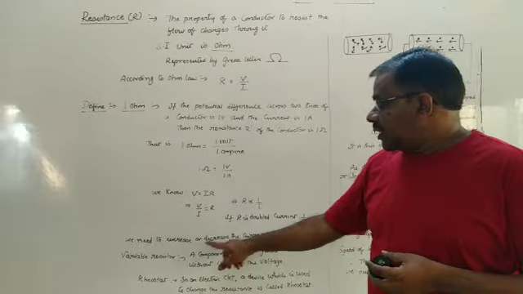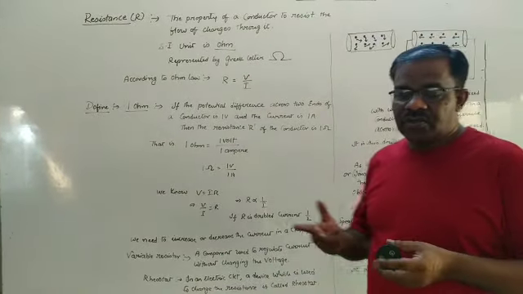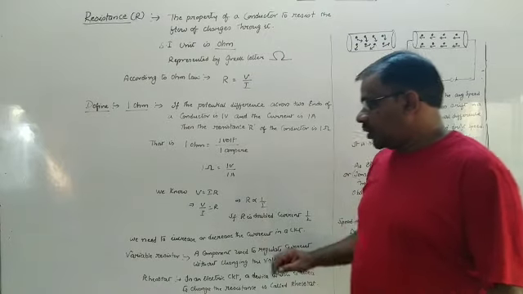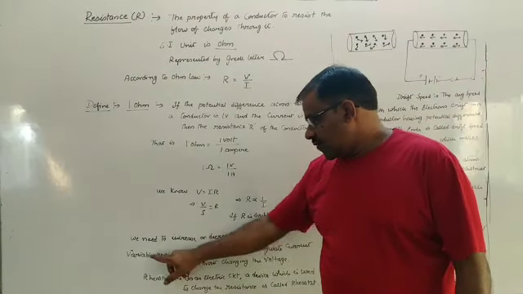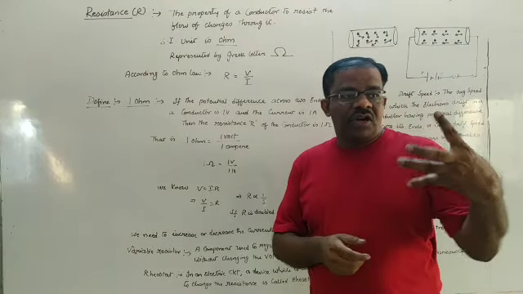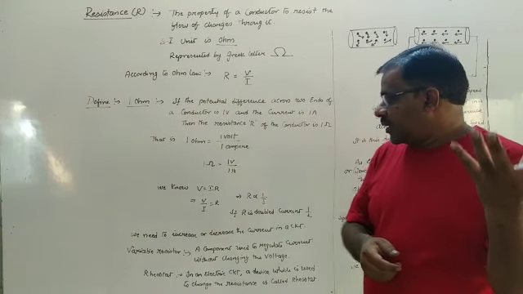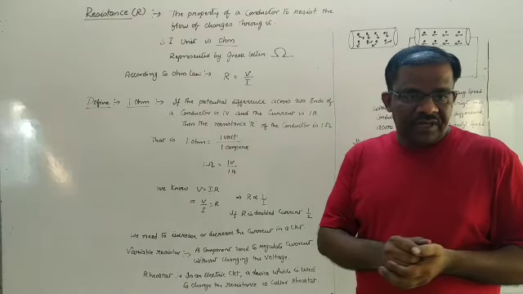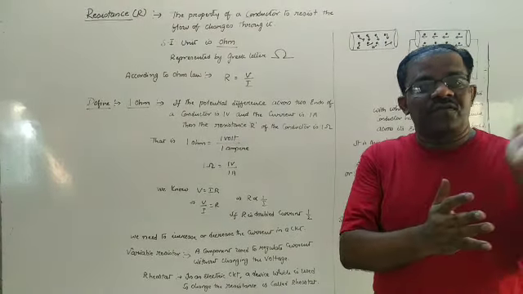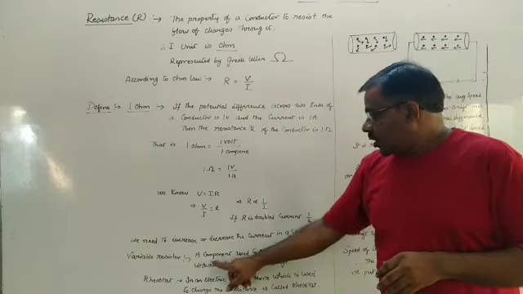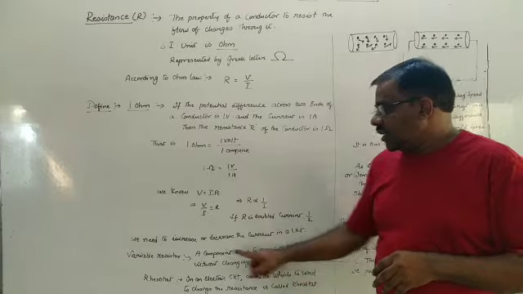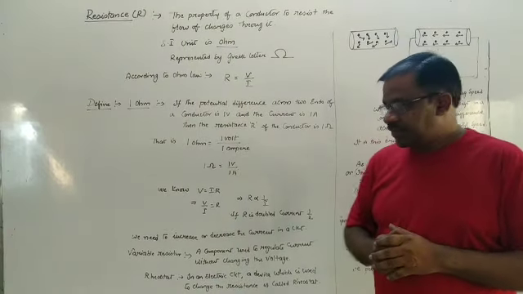We need to increase or decrease the current in a circuit. Suppose I have a circuit in which I want to increase or decrease the current. Then I can use two things. One is the variable resistor. This is similar to the regulator of your fan. If you want more current to flow inside the fan, you put it at 5. And when you reduce the number to 1, less current flows and the voltage remains the same. So a component used to regulate the current without changing the voltage is known as a variable resistor.